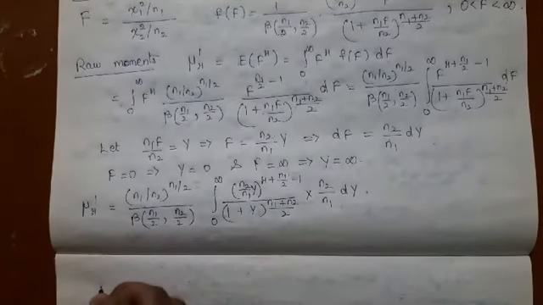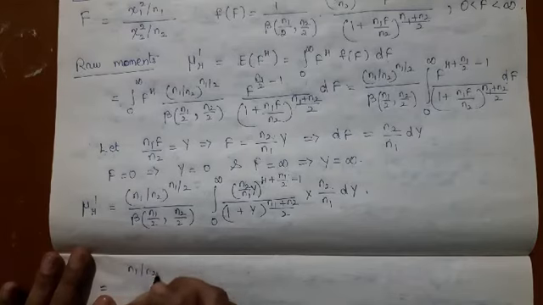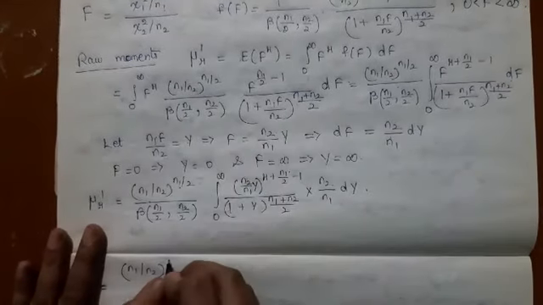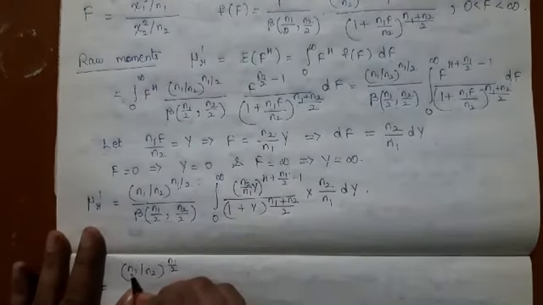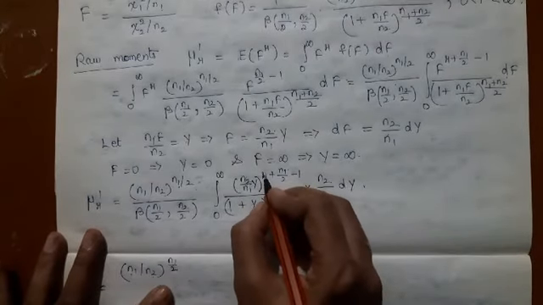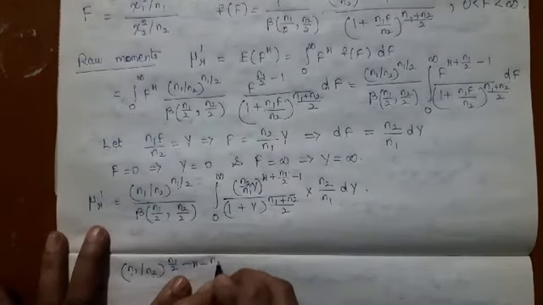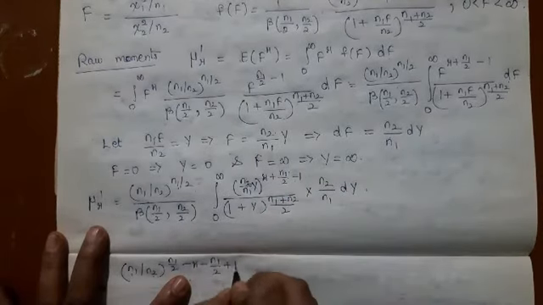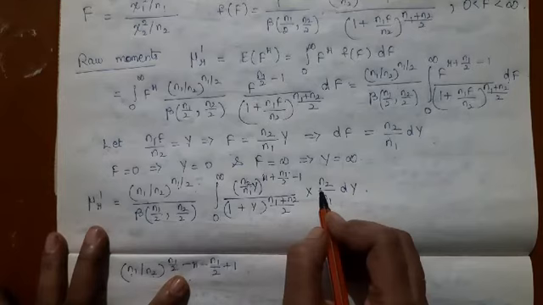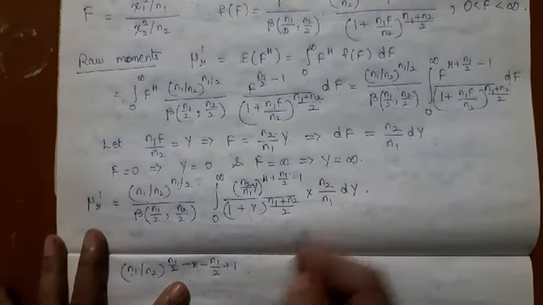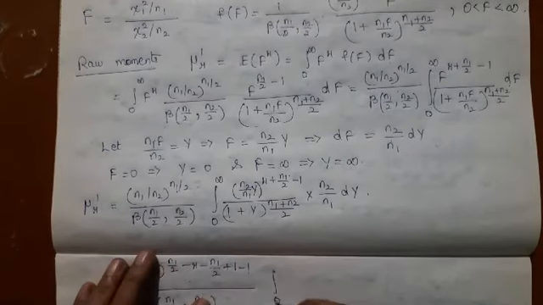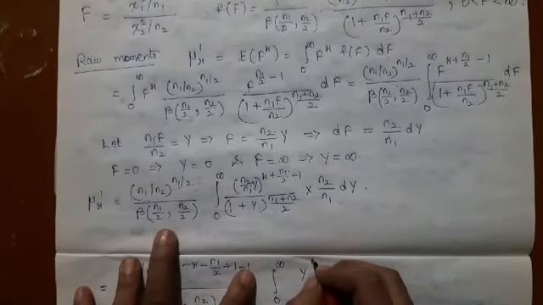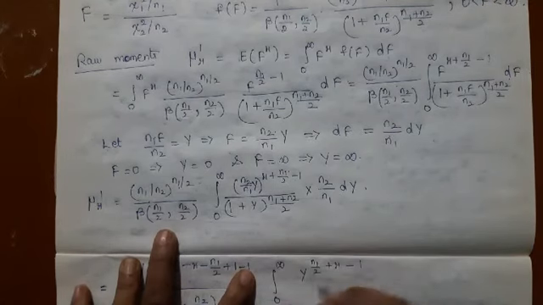So let me simplify the terms now. You have n1/n2 to the power n1/2 here, and here it is actually n2/n1, so when you reverse it, this becomes minus r minus n1/2, and this minus becomes plus. Here again you have n2/n1; if you write it as n1/n2, the power becomes minus 1, divided by beta of (n1/2, n2/2), the integral from 0 to infinity of y^(n1/2 + r - 1) divided by